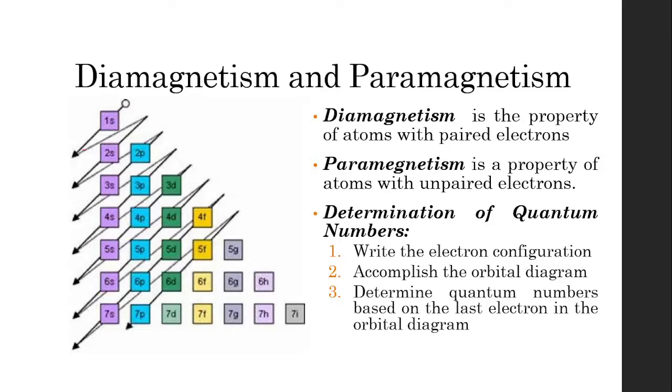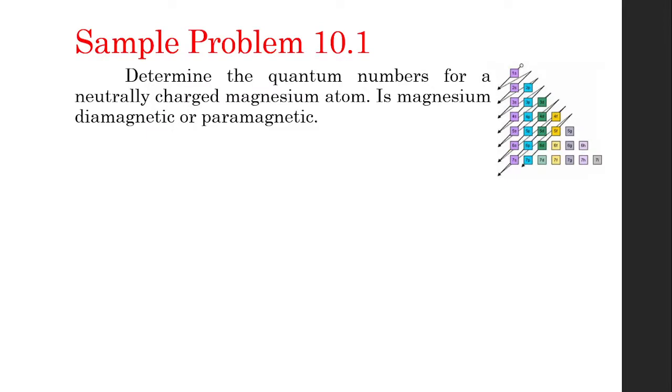And then lastly, you determine the quantum numbers based on the last electron in the orbital diagram. So let's try this sample problem. Determine the quantum numbers for a neutrally charged magnesium atom. Is magnesium diamagnetic or paramagnetic? So if you look at the periodic table,